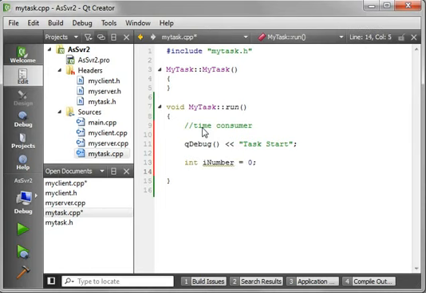And we're just going to say for int I equals 0, I less than, we'll say 1,000. Actually, let's just do 100 just for giggles. I plus plus. And you can do any sort of time-consuming task you want. We're just going to say number plus equal I. We just want to know what happens if we just keep adding this number up over and over and over again. And then we're going to say QDebug